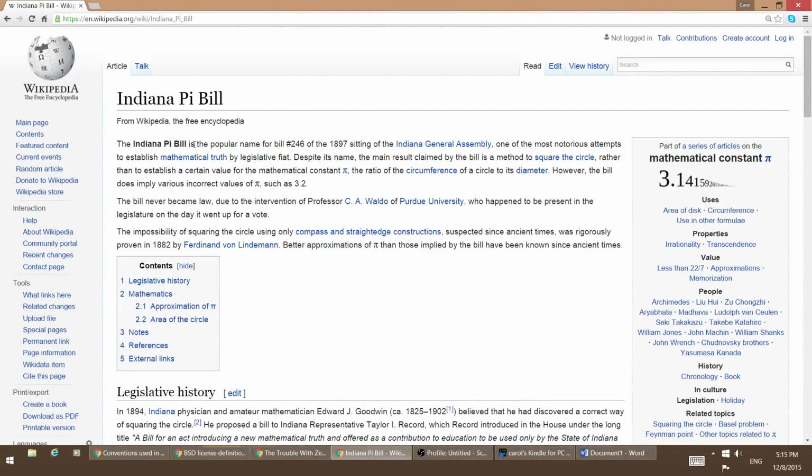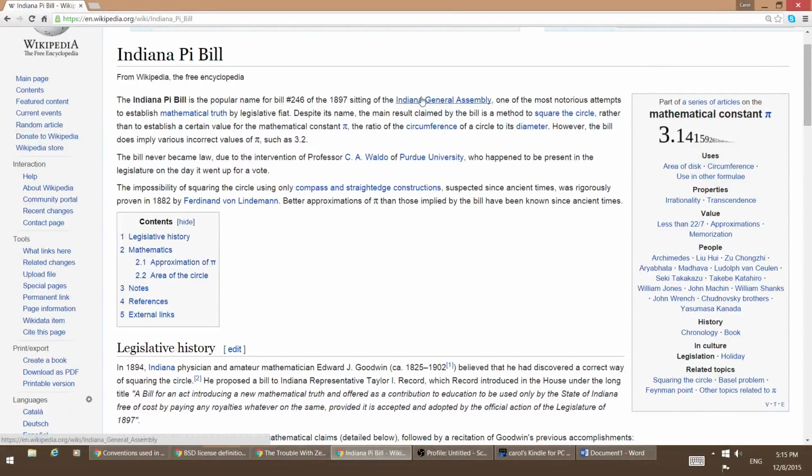The Indiana Pie Bill. This dude, this Edward Goodwin, gave this to Indiana as a gift in the educational communities. And I have studied at a few universities here, and they do still do this. So he basically changed it to 3.2. And it's a form of squaring the circle,